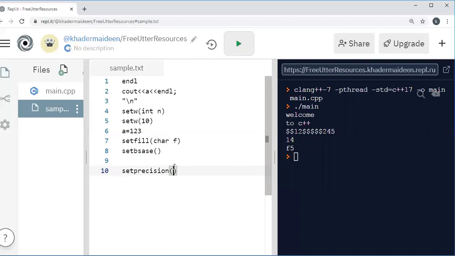Okay. How much accuracy do we require? That is the number of decimal digits. Its general syntax is setprecision(p), where p is the number of precisions.